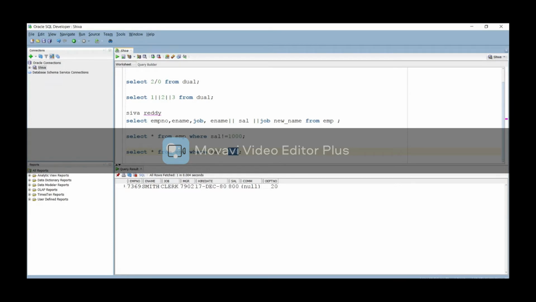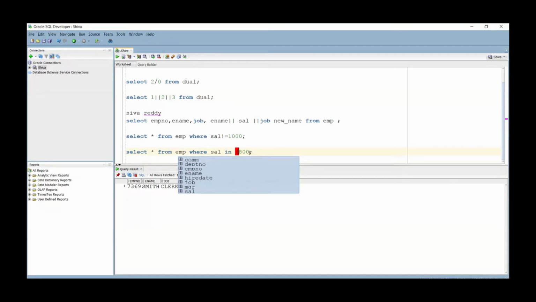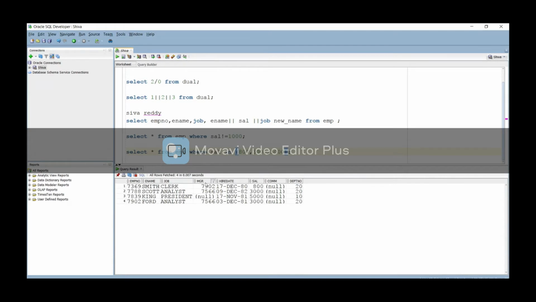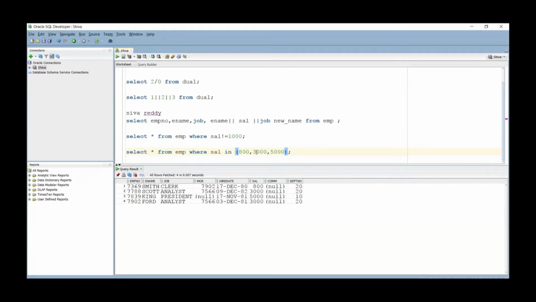If you want to fetch the result set using multiple values, 3000, 5000, you will use the in operator. Okay. If you want to deal with multiple values, you will use the in operator. If you want to deal with only one value, you will go with the equal operator. If you want to deal with multiple values, you will use the